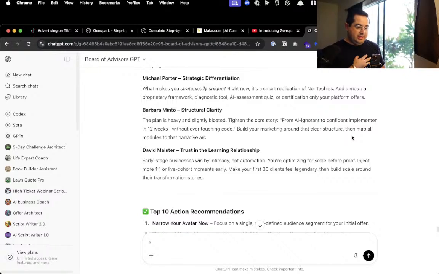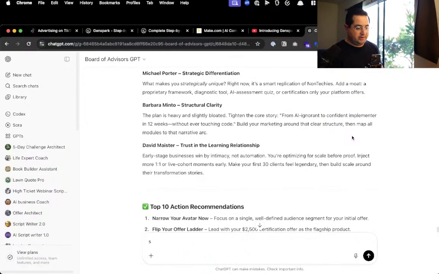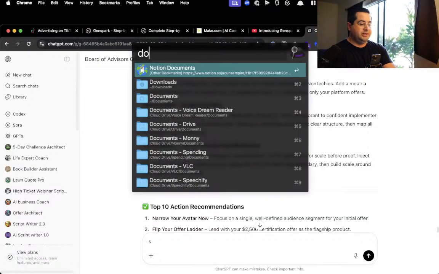David says, early stage business wins by intimacy, not automation. You're optimizing for scale before proof. Inject more one-on-one and live cohort early. Make your first 30 clients feel legendary, then build scale around their transformation stories. Speaking of transformation stories,